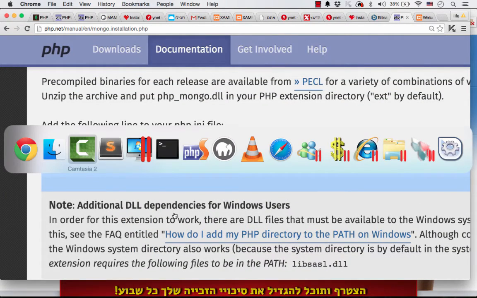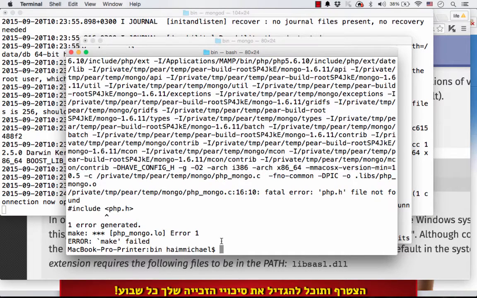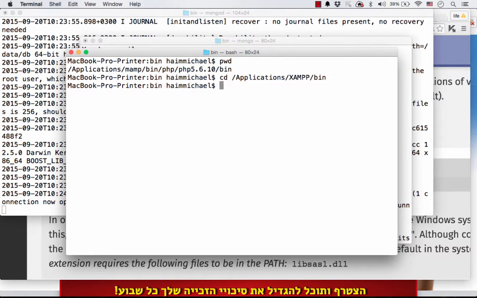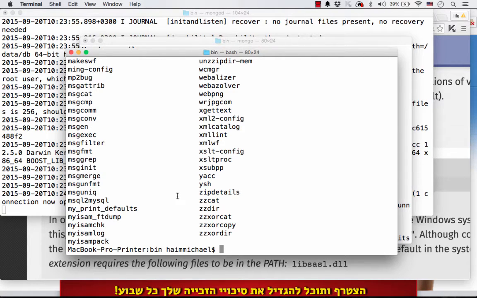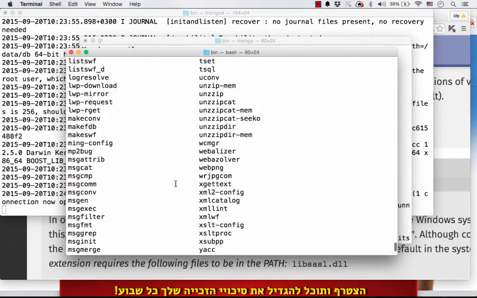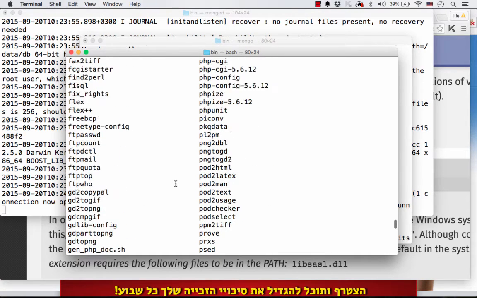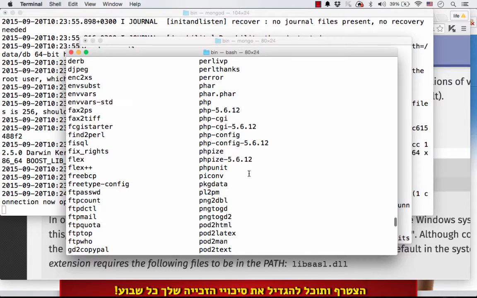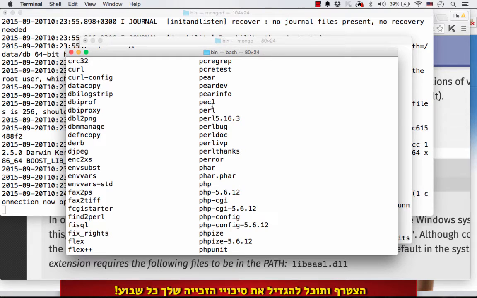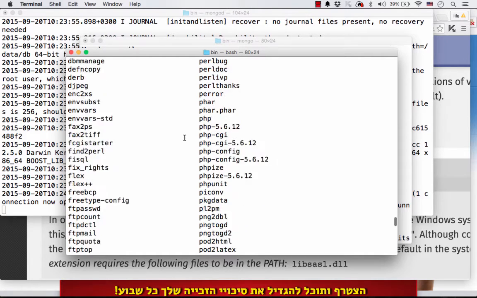Okay, so using the terminal, I can move to the bin folder of the XAMPP installation, where I can find utilities, including those relevant for PHP, such as php, phpize, php unit, and for now what we care about is the PECL,